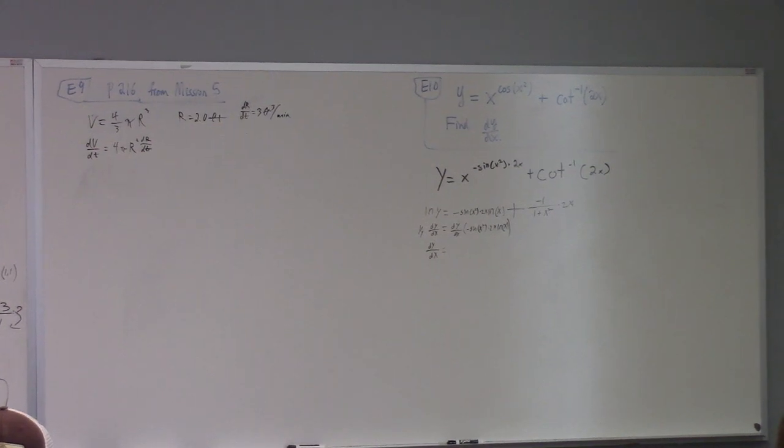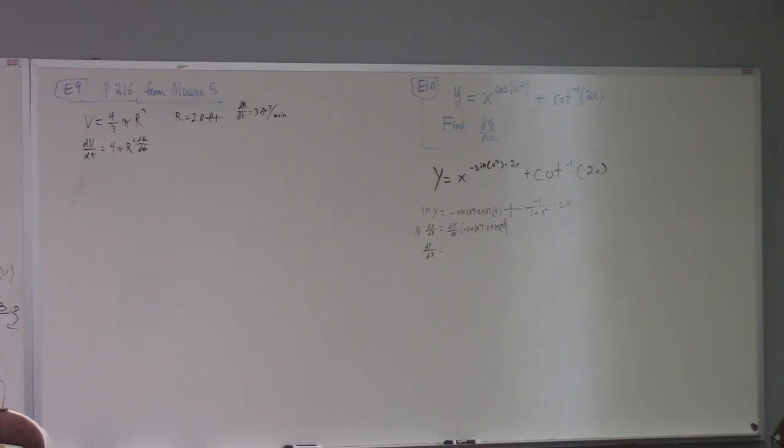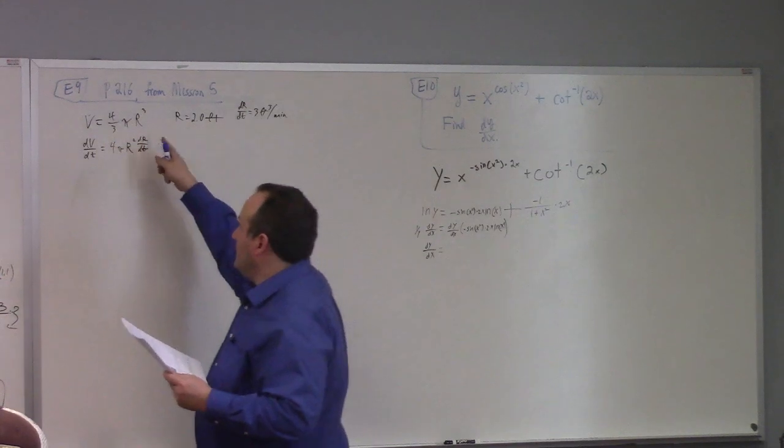So you got a sphere, volume 4/3 pi r cubed. If a spherical balloon with radius of 2 feet is being inflated at a rate of 3 cubic feet per minute, then what's the rate at which the radius of the balloon increases? So, very good. We've got our V is 4/3 pi r cubed.